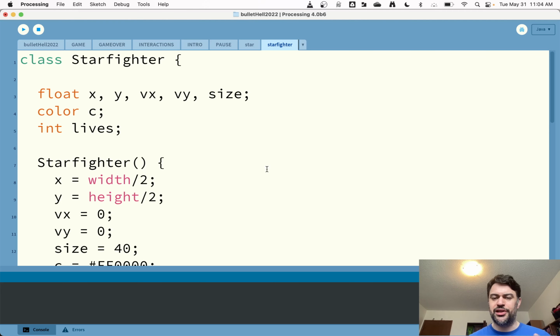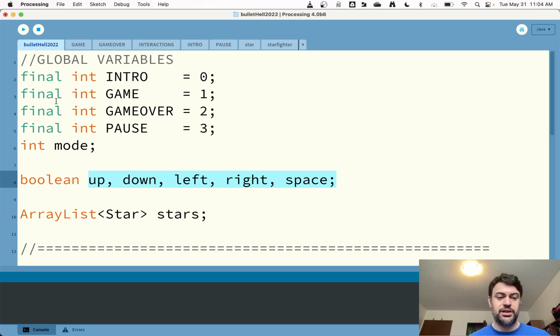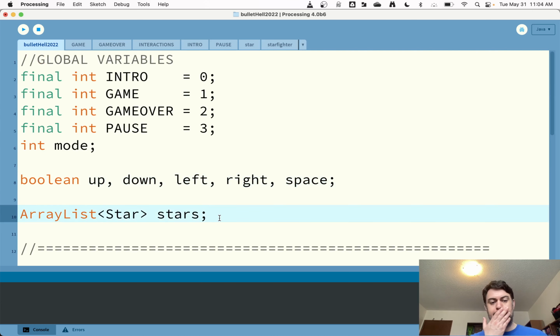It's just a blueprint. A class isn't the actual thing, right? We have to go make a Starfighter. We have to build it. We have to call the constructor and assign it to a variable and then tell it to act and show. So all that stuff is missing. Pretty easy to add in though. No big deal. So one thing I'd like to do is go make a